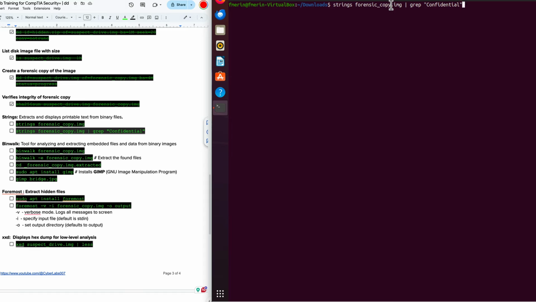We're looking at the forensic copy because we made a copy of the suspect drive, and we're grepping for confidential. And let's see what happens. And we have our data. We see the full line here. And we know it's there because, well, we put it there, but now we know it's there because we used the